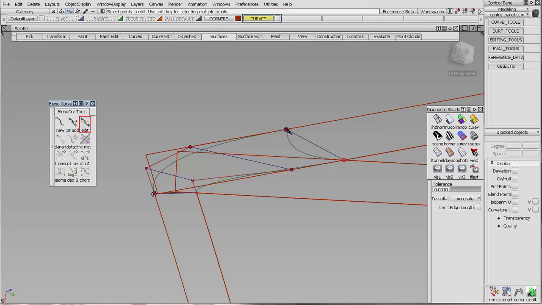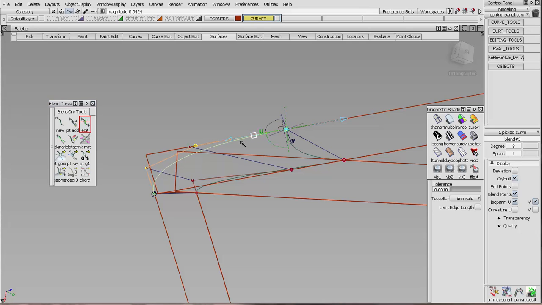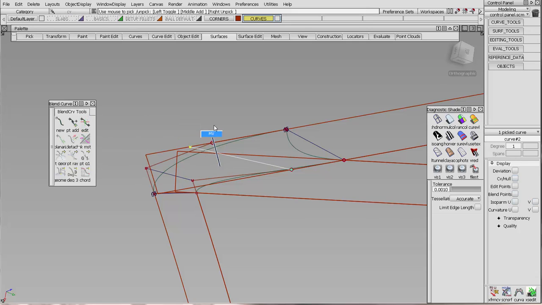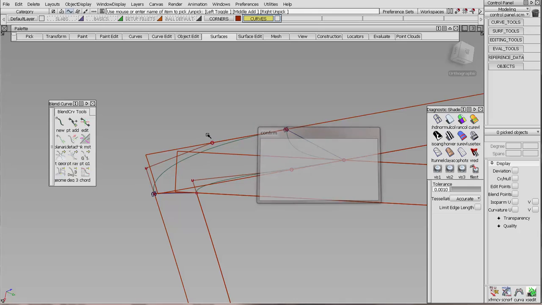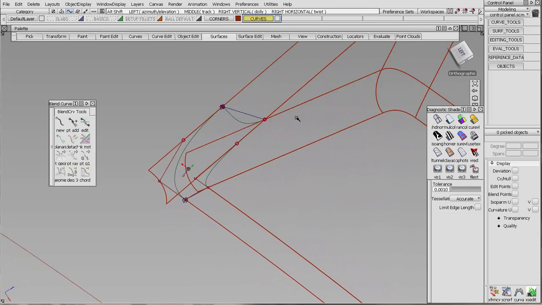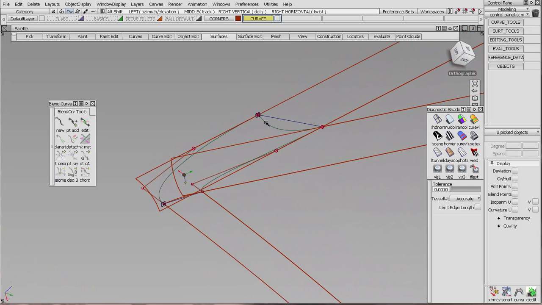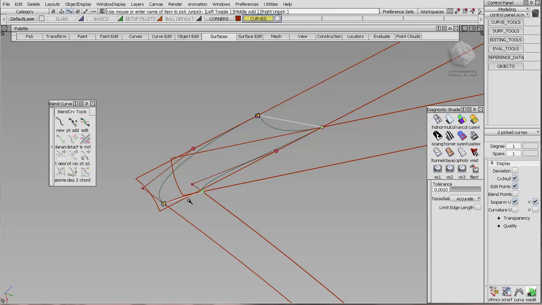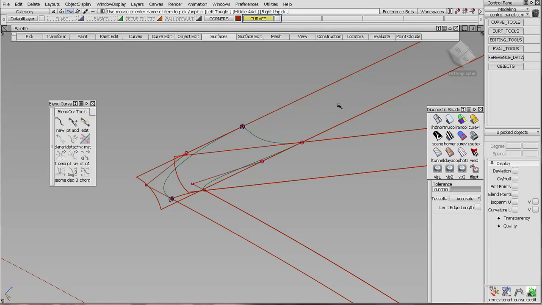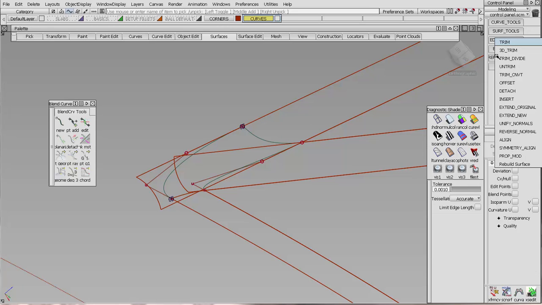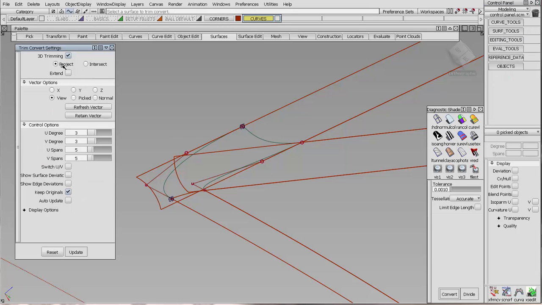So if I take these CVs, well, I'll use my blend curve. And I'm going to edit that point and slide this back just a little bit so that this angle seems a little nicer. Okay, now we don't need these anymore. Okay, or this, or this. Okay, so now this surface I'm going to trim convert. So edit, trim convert. I'm going to do it with projection and normal, and I will trim convert